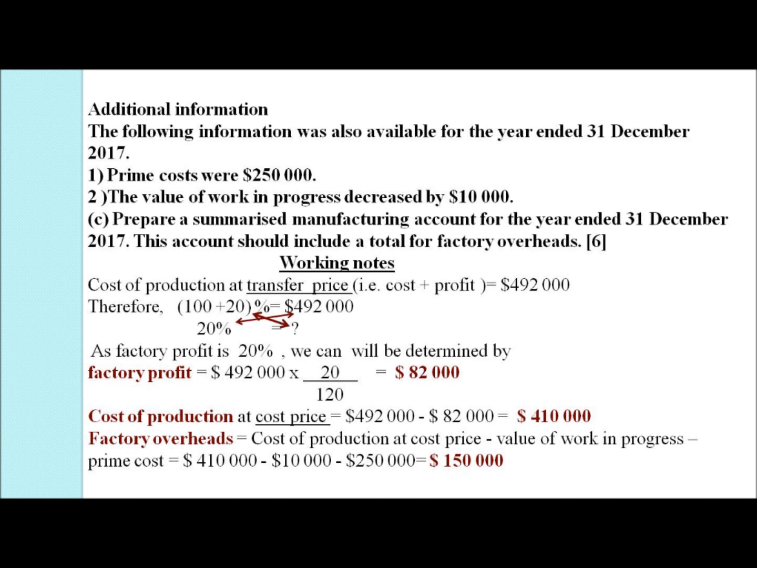Next, we find the cost of production at cost price by excluding the factory profit. That is, we take $492,000, from which we subtract the factory profit of $82,000. We get the value as $410,000. Then we proceed to find the factory overheads, and we use the formula cost of production at cost price minus the value of work in progress minus the prime cost, and we get the value of factory overheads as